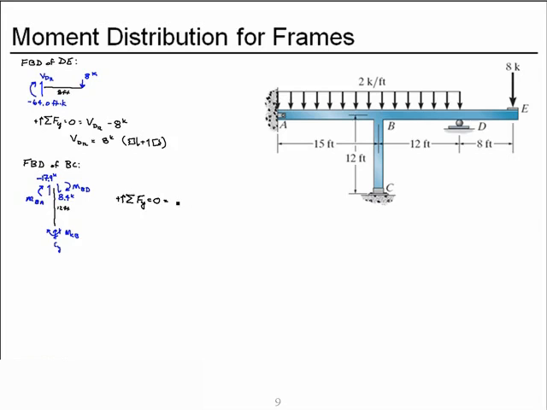I get a negative 17.9 kips plus the vertical reaction CY minus an 8.4 kips shear at point B. Put those together and I get CY as a positive 26.3 kips. It is indeed up. Now to get the vertical reaction at D,